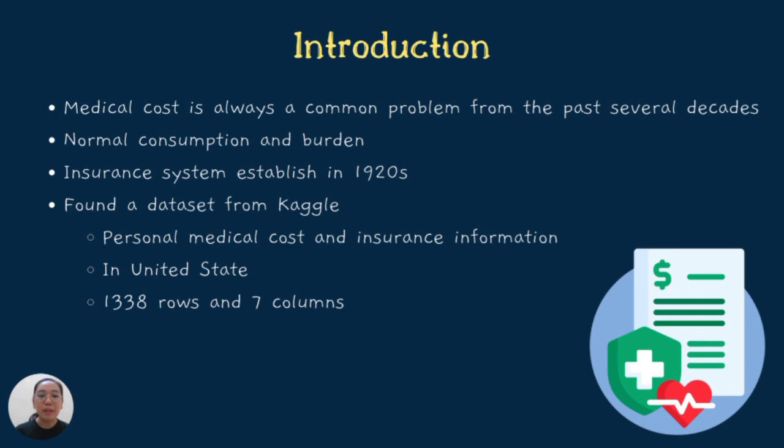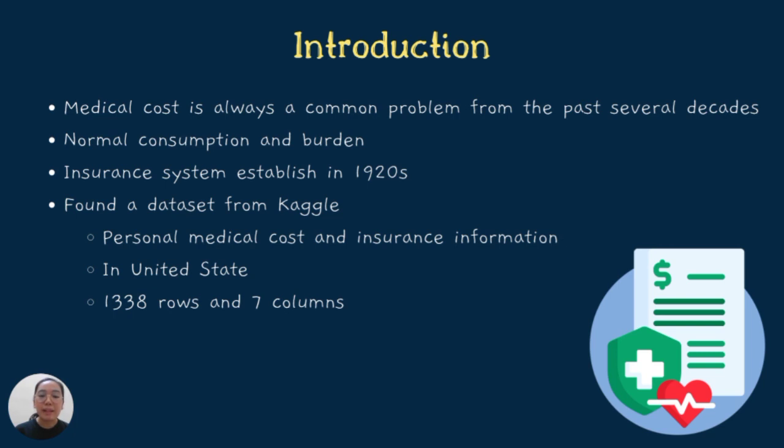Medical cost has always been a common problem from the past several decades until now. The only difference is the view and action taken by the litigant. It is just a normal consumption for those people who have a better financial condition, while it could be a burden to others. Due to this, hospitals started providing services on a prepaid basis in the 1920s, which is also when the health insurance system was established. To have a better understanding of medical costs and insurance, we found a dataset from Kaggle